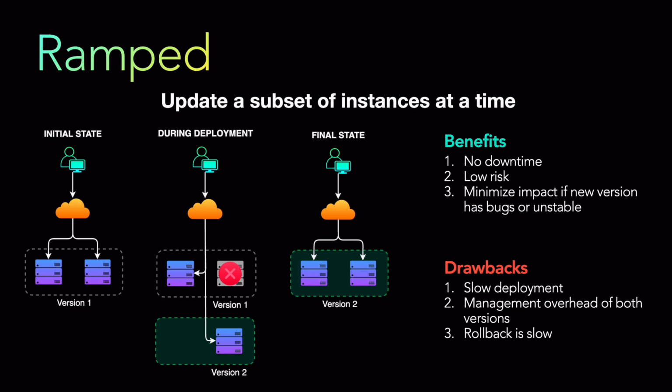Drawbacks, the deployment is slow because, like you can understand, you have to do it subset by subset. And here, for the sake of the discussion, I have shown two clusters. In a real world example, there might be tens and hundreds of clusters, right, or service environments. So it is slow. You have to manage both the versions at the same time, which was a benefit in the previous deployment, right? You have to manage the overhead, and there is maintenance cost also,